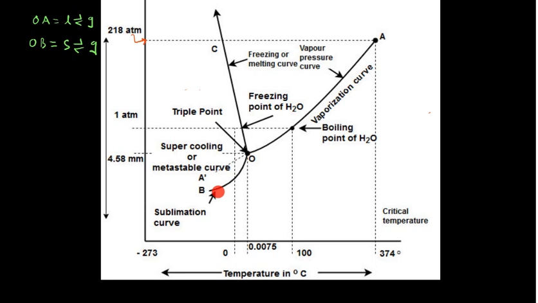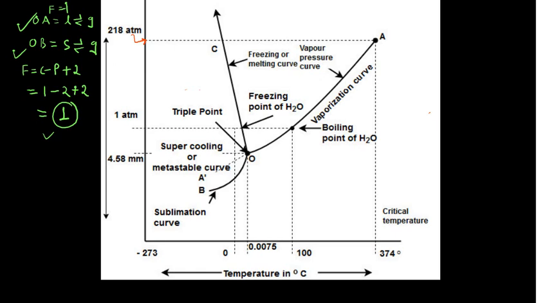Whenever you are having the two phases all along the curve OB, you can calculate the degrees of freedom, that is F equals C minus P plus 2. Component is 1, phases are 2, so this will give you 1. Again the system is univariant. See, in that case also degrees of freedom was 1, and in the case of your curve OB, degrees of freedom is 1. Again, what is the meaning of that? The meaning is simply the same which I have explained for the vaporization curve.